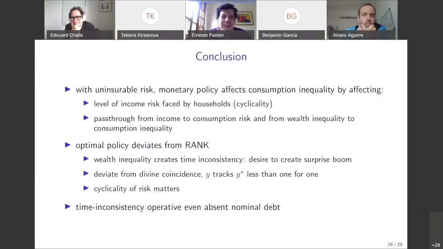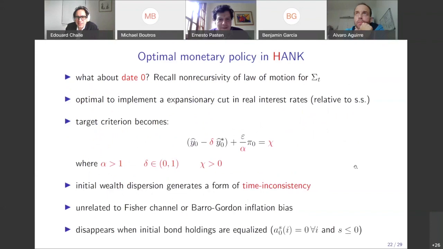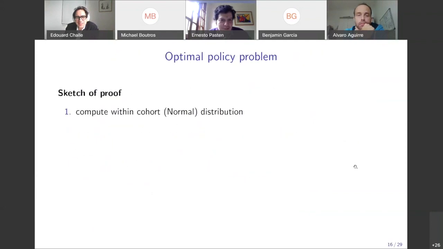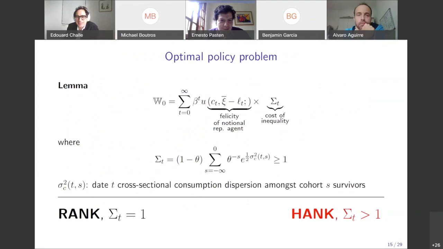Hi, can I ask a quick question? Sure, go ahead. Hi, this is Michael Boutros. Thank you for this great presentation. I was wondering about the objective function of the social planner here. In your opinion, how close is that to reality? Because there has been more discussion about inequality, but do you and your co-authors who are at central banks think that maybe this is how the central bank is going to start thinking going forward?